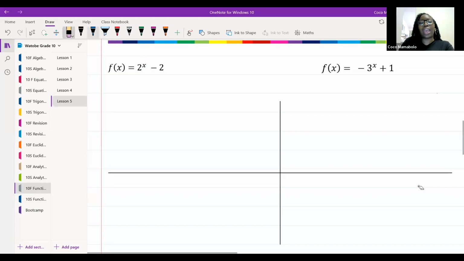Now, when we look at our exponential graphs, guys, we're going to consider kind of the same things that we do when we consider the hyperbola. Okay, the first thing we're going to note is that our exponential graph has an asymptote. Okay, it has an asymptote as well. Now when we look at this asymptote, it's going to be this number over here, and this number is always going to be our y asymptote. Okay,